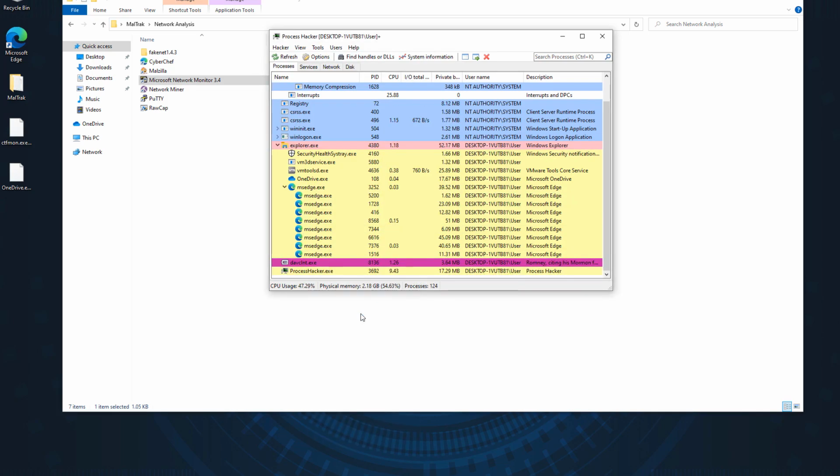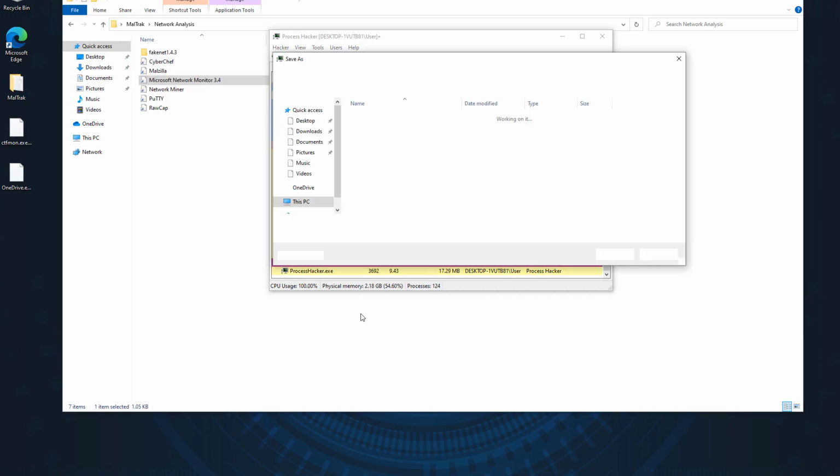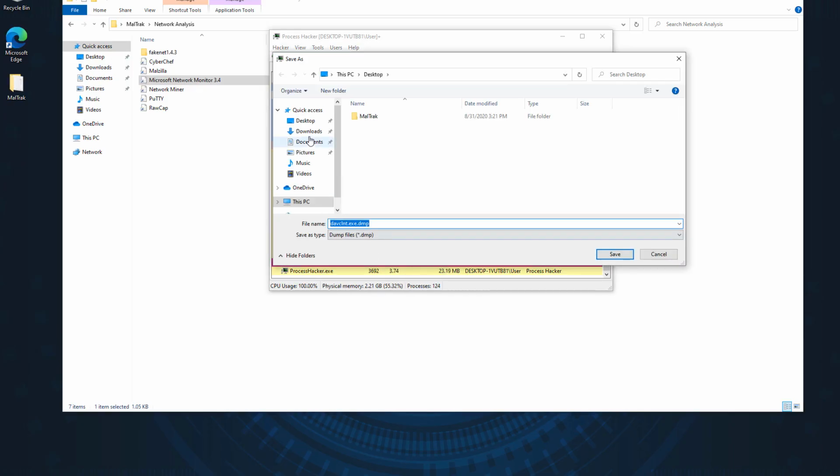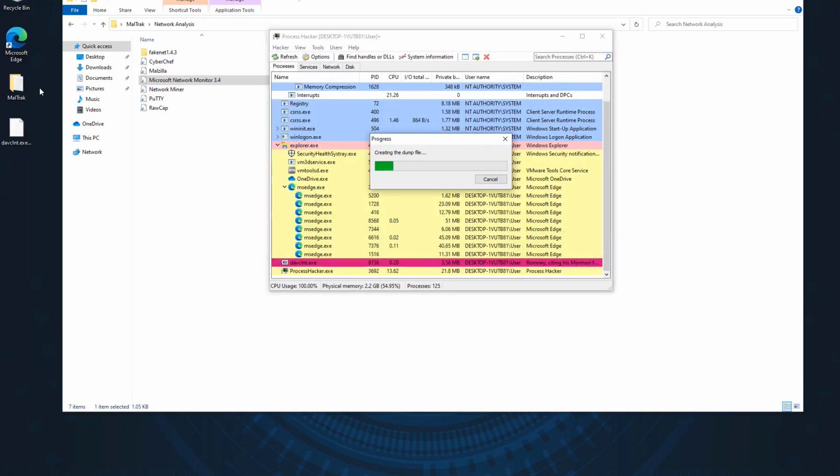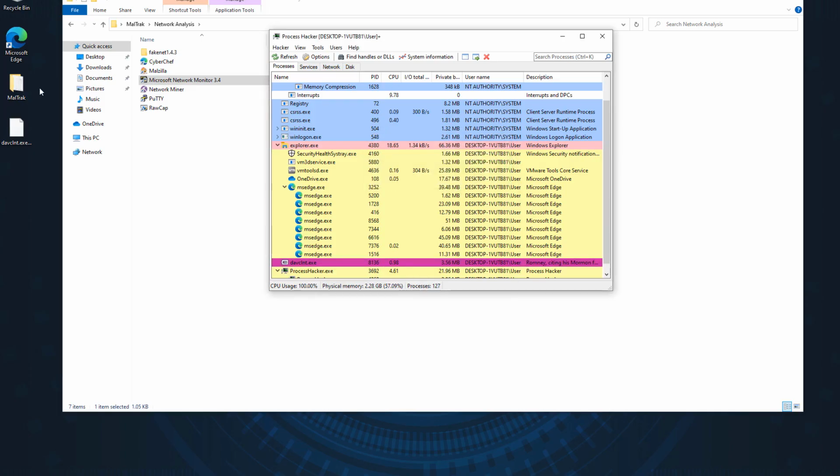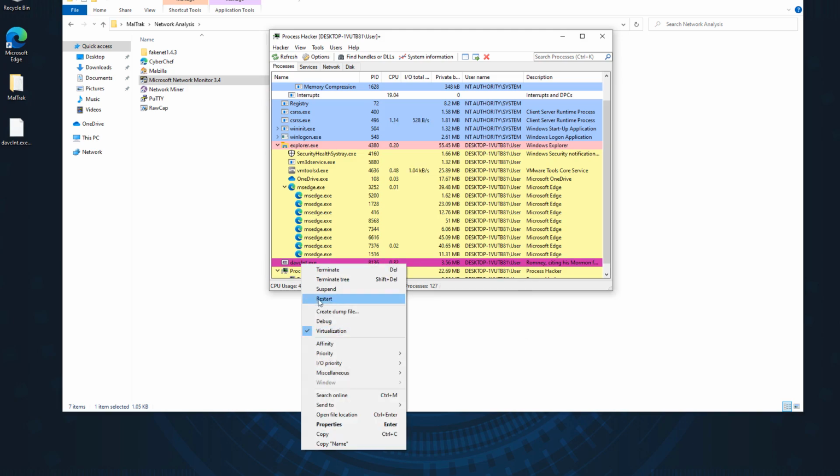We just create a dump file, and it will save that dump file for us. We can save it on the desktop up here, and we can take this memory dump and investigate it further, extract more information on the environment that we use in our lab. If we are using a lab to extract information and do more analysis, we can find the file itself and